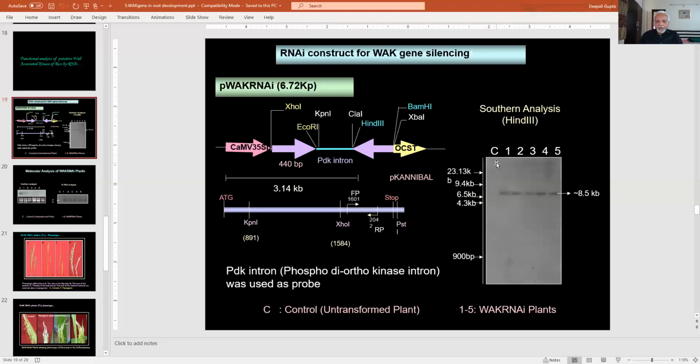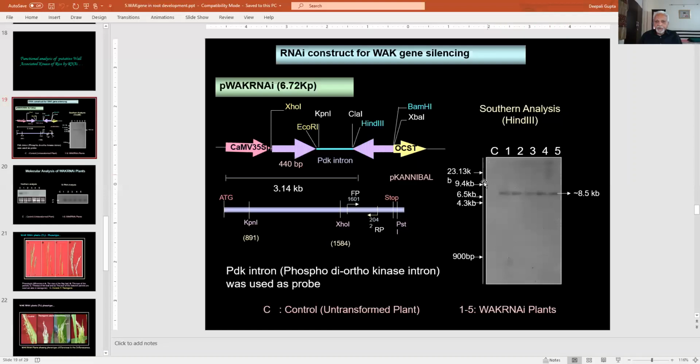And again, to check whether these transgenic lines, which were basically identified based on their survival on antibiotic resistance, or they could grow on a medium containing antibiotics like hygromycin phosphotransferase. So, if you see here, the genomic DNA was taken from the transgenic lines, and one from control,